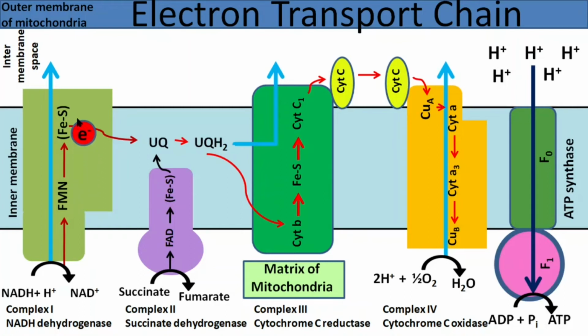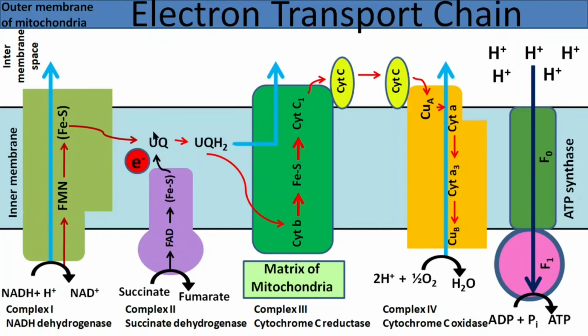It is not that only one iron sulfur cluster is present within the complex. There are more than one iron sulfur clusters. These iron sulfur clusters pass on electrons till the final iron sulfur cluster gives away the electron to ubiquinone. If you see now, the electron has come out of complex 1. Now this complex is ready to oxidize another NADH molecule.